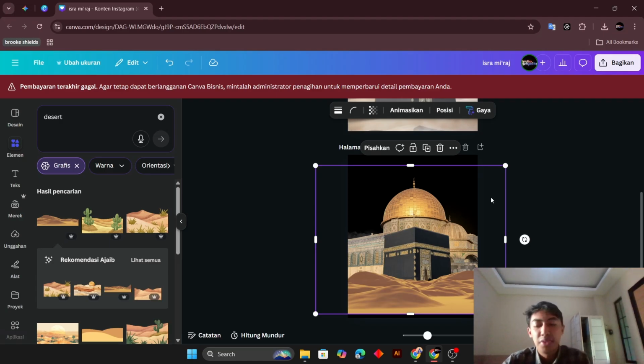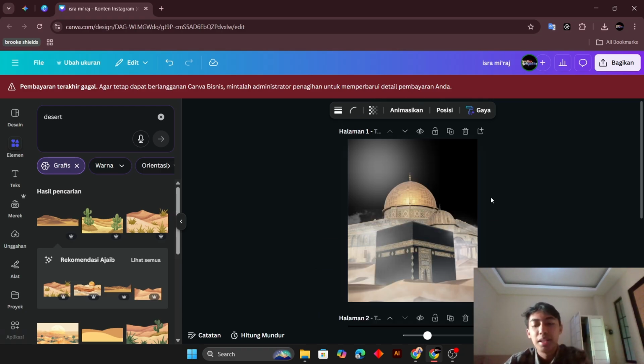Before we go to Figma, actually I have a more polished and detailed version of this layout that I created earlier. So I will bring that into Figma now to show you how we finalize the composition.